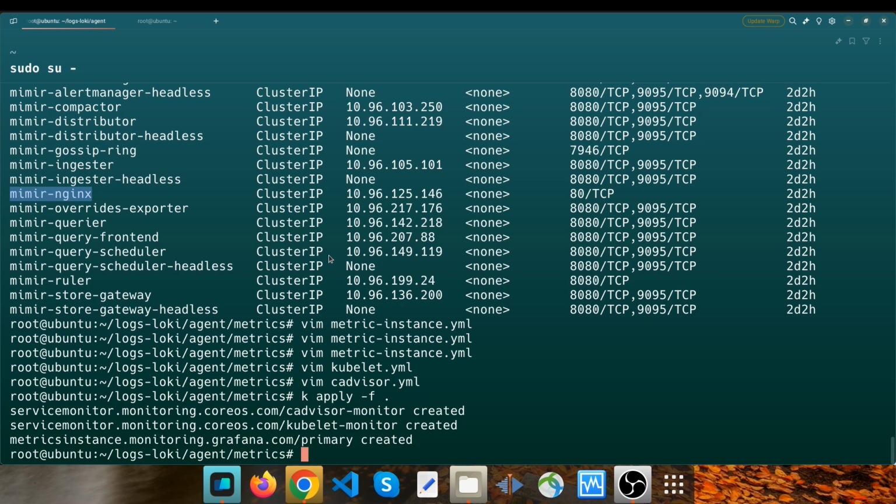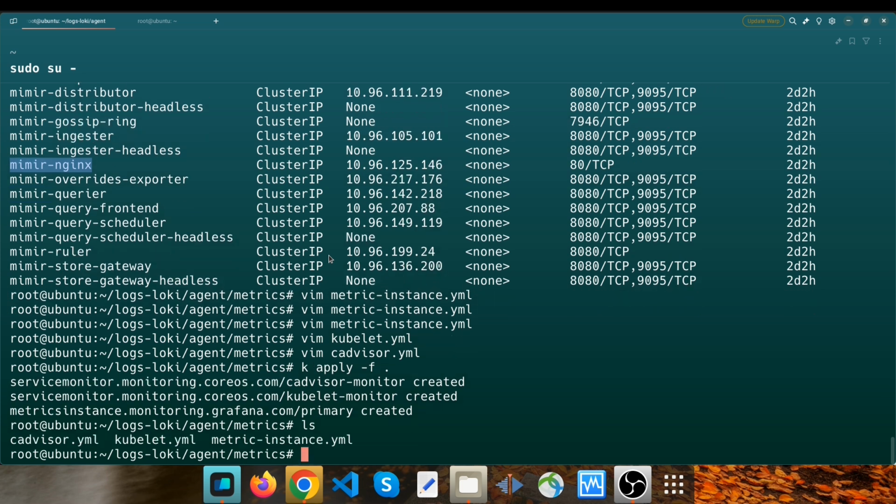So three different resources created, two different service monitors for Kubelet and cAdvisor endpoints, as well as a metric instance which specifies the target of our metrics. So in this case, the target of our metrics is Grafana Mimir. Okay? And then the most important thing here is multi-tenancy, and the metrics of our pods will be stored in a specific tenant, and the tenant here is pods. Okay, so when I type kubectl get pod -n grafana-agent,